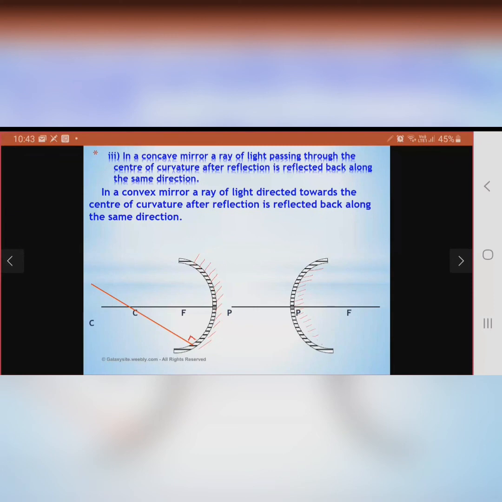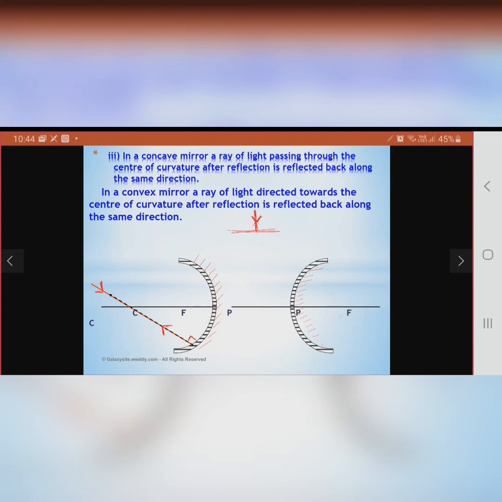And we know normal is basically normal to the mirror. So any ray which hits the mirror at 90 degree, what is the angle of incidence? 0 degree. Awesome. So angle of reflection would also be 0 degree. So any ray which passes the center of curvature will simply go back along the same path. ठीक है? So अगर वो इधर से आई, it returns back along the same path.